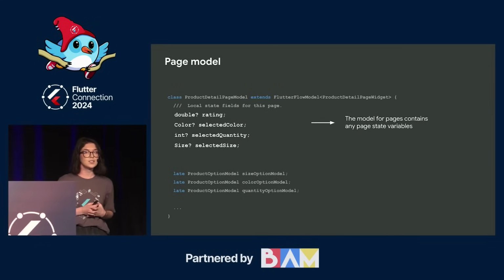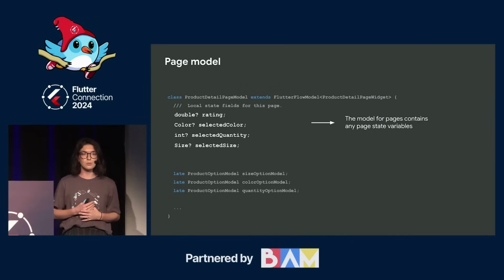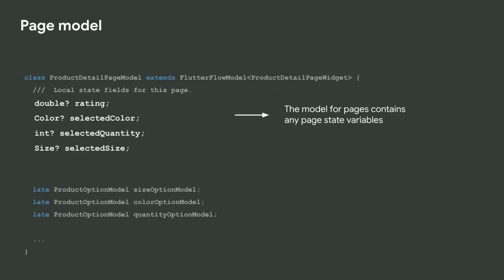So now heading over to the generated code, before I showed you what the widget layer looked like for the page, now I want to show you what that data model layer looks like. So you'll see a separate class for handling the model. And in this class, first I'm showing the state variables that I've created. Now I just showed you rating, but I've also created some other state variables that are stored at my page for what the selected color of the item is, what the selected quantity is, and what the selected size.